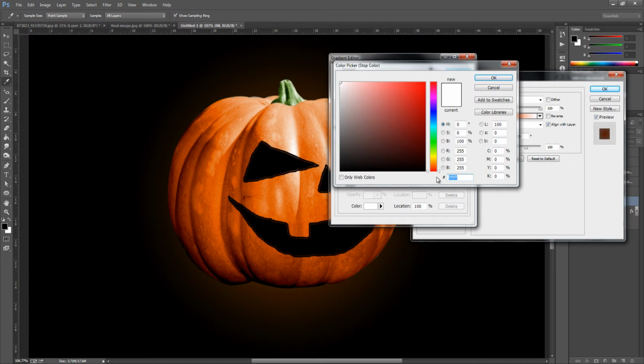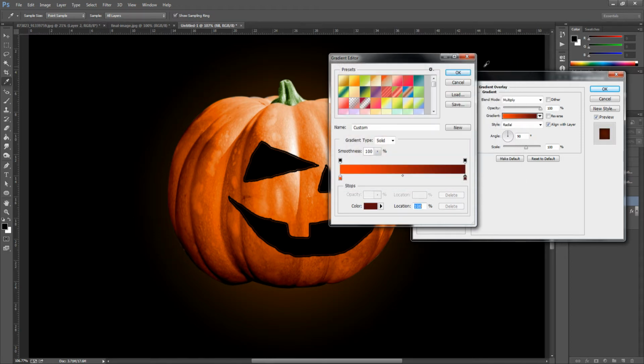And the white we're going to change to a really dark red. So the code for this one is going to be 5A0A0B. And then we're going to go and click OK.